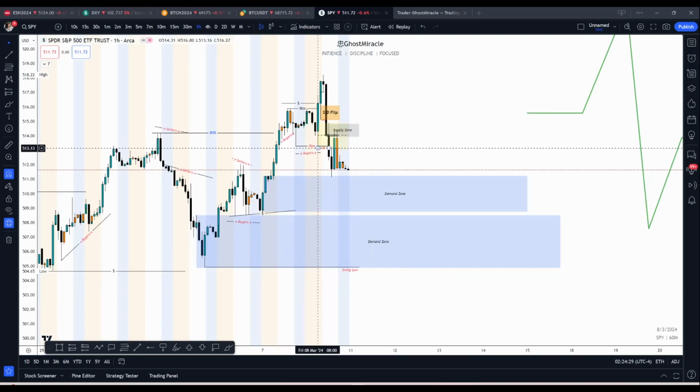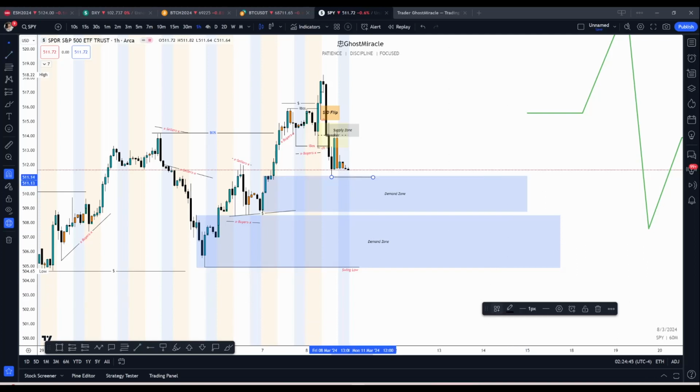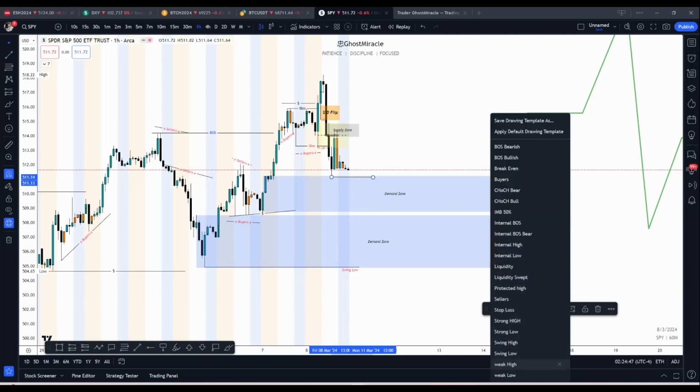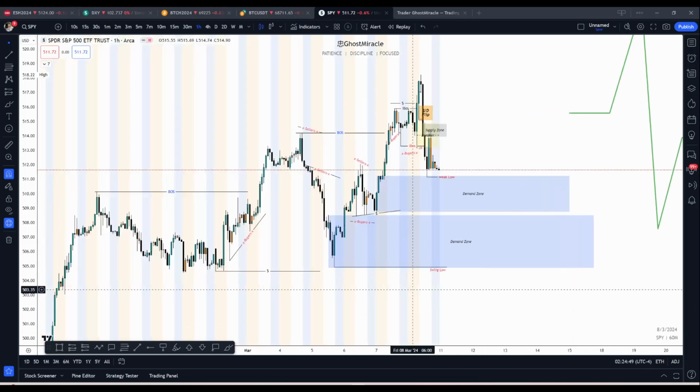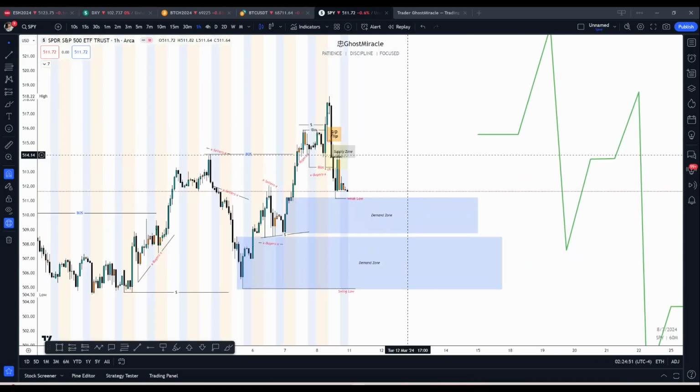But you have internal break, and then you got your change of character right after. Price reacted to this breaker after that. So yes, this is a weak low here, like you said, weak low,